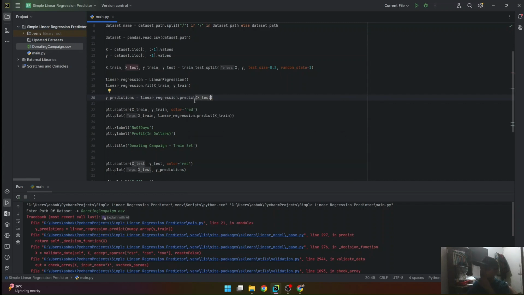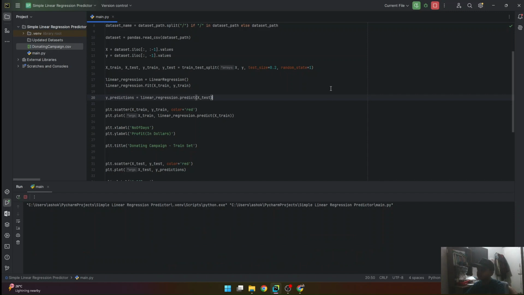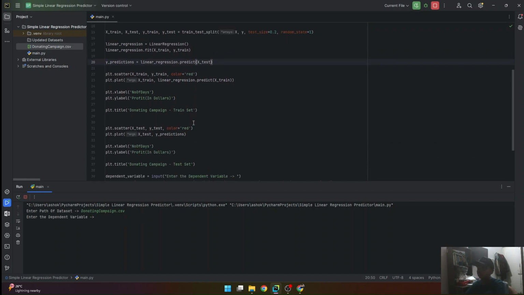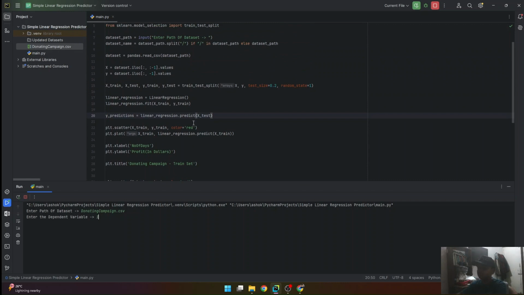X_test is the one that contains the data that is new and not familiar to the model, so it will evaluate it. Enter path, donating campaign.csv.